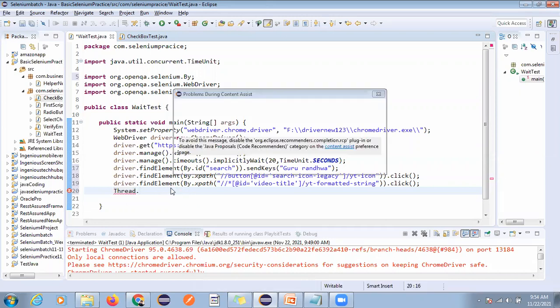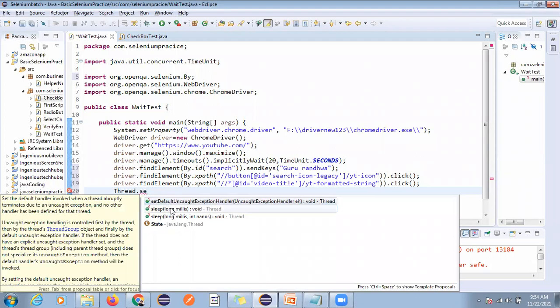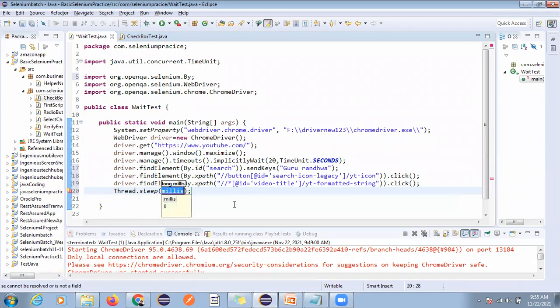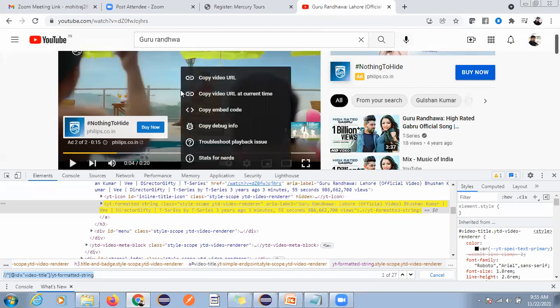So this is the requirement we are trying to automate. Thread.sleep we can use for 3 seconds, wait for 3 seconds and then pause this.